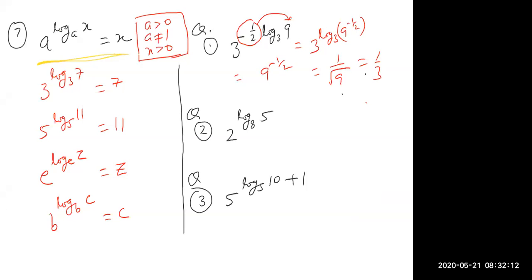Okay, sir. Now this question number 2. In question number 2, you have to apply the sixth property, that base property. This is equal to 2 raised to power log 8 must be written as 2 raised to power 3 to 5. Now here, one property I have given: log a raised to power m x is equal to 1 upon m log ax.